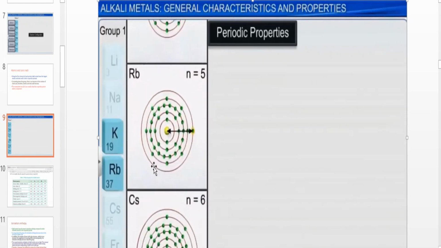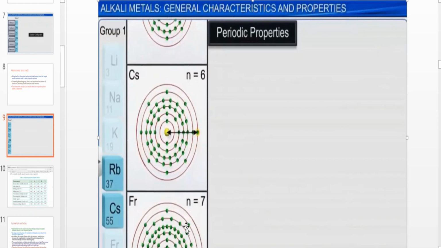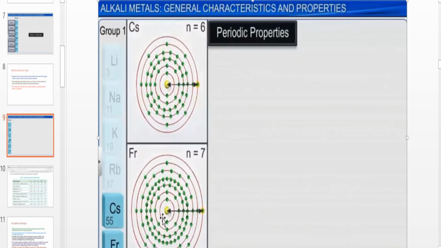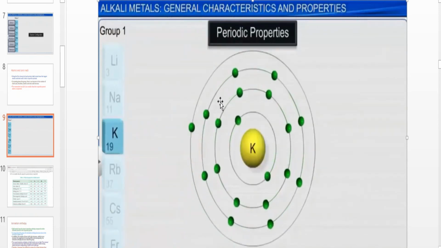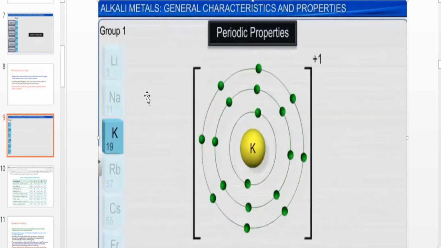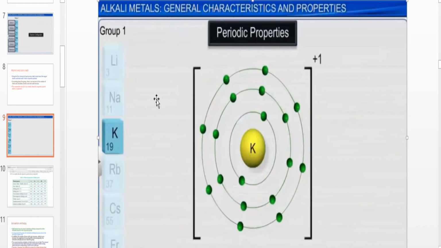For each period, one shell is added. Because of that increase in the shell, the atom size increases. If you compare the size of an atom and its ion,